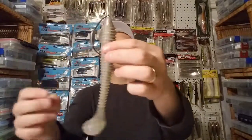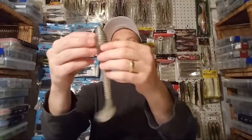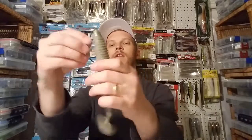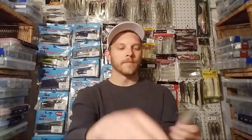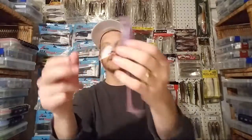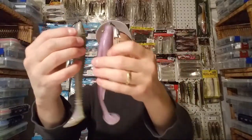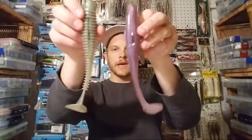Just for reference, the Kitech Swing Impact Fat is 1.65. Is that right? Yeah. Just 1.65 rigged on a 3/8 ounce 6/0 Owner Beast. And like I said, this is, I think, 2.28. The Spark Shad weighs a bit more, but they both measure in at 7 inches and have a unique action, long tapered tail, and both really excel